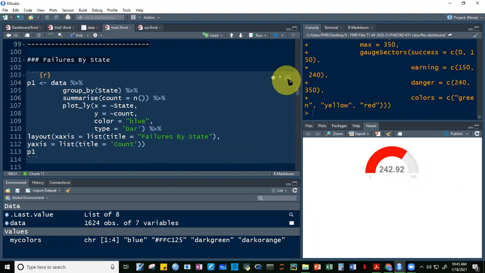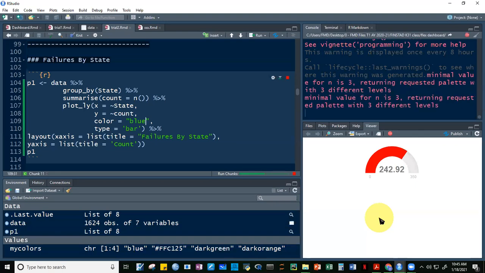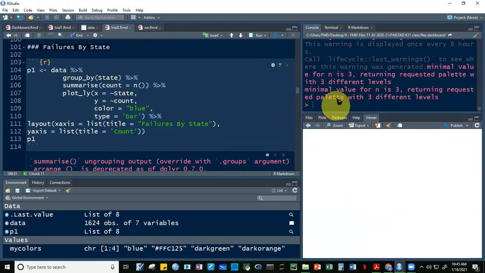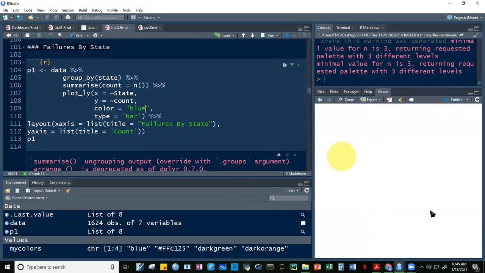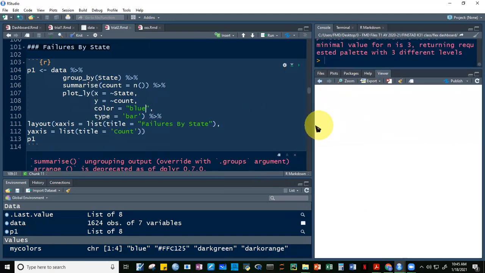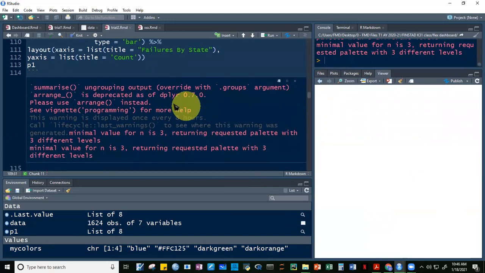Hindi ko ma-decipher kung bakit, no? If you run this, nasa trial 2 na tayo, guys, ha? If you run this, dapat guys, lalabas sa viewer yan eh. No? Dapat lalabas sa viewer yung flatly. Okay? Okay, anyway,